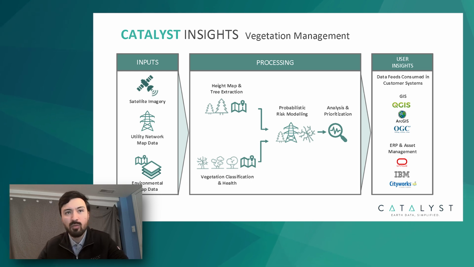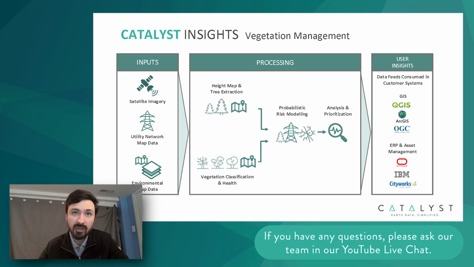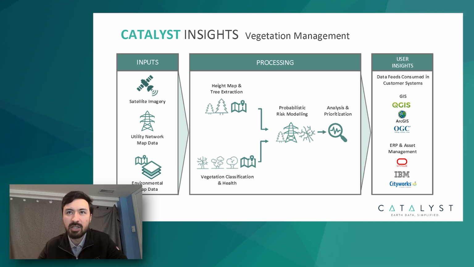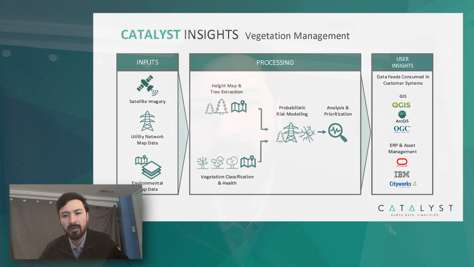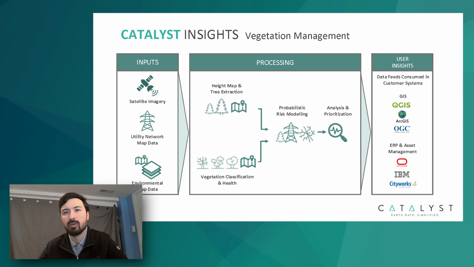From those images, we use that bank of industry-leading algorithms that Dan was describing on the first few slides to generate a 3D model of the area. We're also getting infrared data through those images, and that lets us assess the vegetation health. Then we combine that 3D data with the vegetation health to come up with a probabilistic risk model for all the vegetation that's nearby to those utility assets. We're calculating a grow-in risk and a fall-in risk independently. And then we are doing further analysis to prioritize which threats you want to